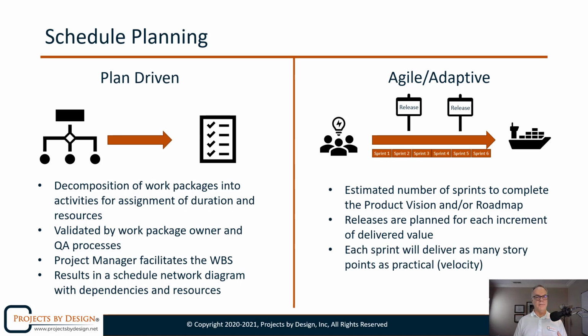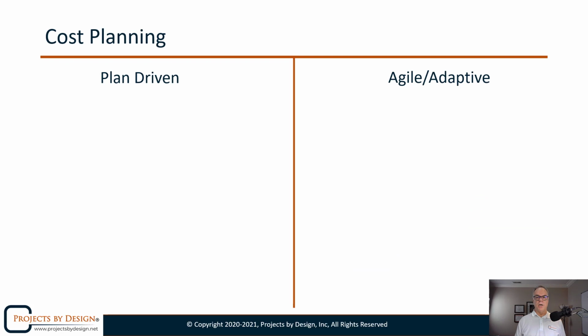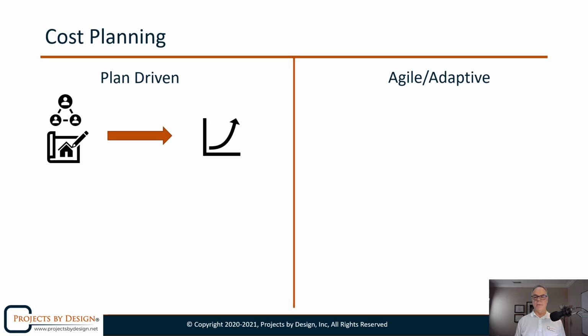Each sprint delivers as many story points as practical. That's called our velocity. It's the complexity of the story, and it will result in an estimated number of sprints and release dates associated. For cost planning, for plan-driven, we take the resources and material costs and we assign those,